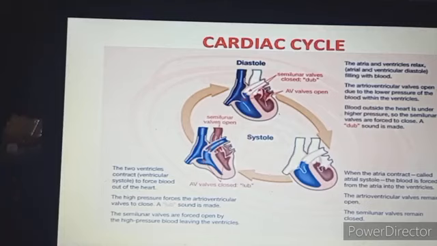Pulmonary artery gets the deoxygenated blood and the aorta gets the oxygenated blood. This takes place at the same time. As you know, the heart is divided into two sections. So on one side the oxygen poor blood circulation is going on, and on the other side the oxygen rich blood